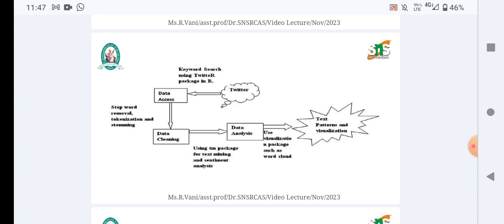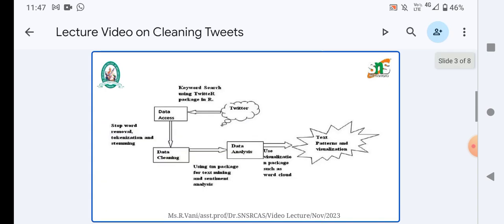Here, tokenization is the process of counting the words in the tweets. We have to count and analyze how many words are used as meaningful words, and unused data should be tokenized. And finally, there is the stemming process. Through this stemming process, we will analyze the used and unused data